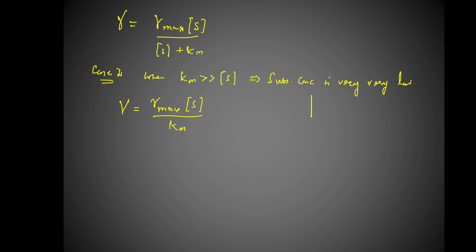If we plot a graph between rate of enzyme catalyzed reaction versus substrate. So at very low concentration, this is the concentration of substrate 0, and over here the concentration goes on increasing like this. At very low concentration, rate is directly proportional to the substrate concentration. So if you increase the substrate concentration, rate increases, means we can have this type of graph. At very low concentration of substrate, we can have this type of graph.